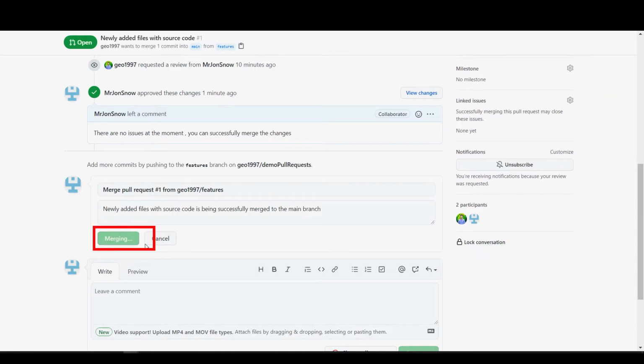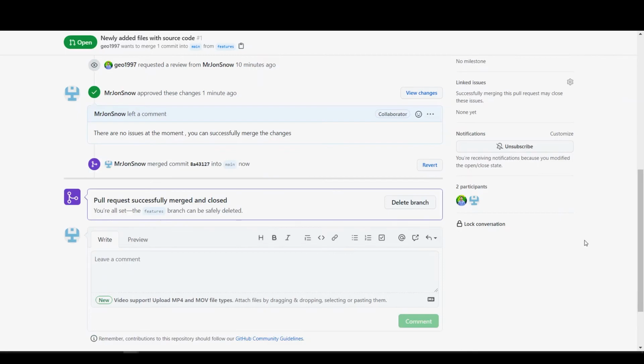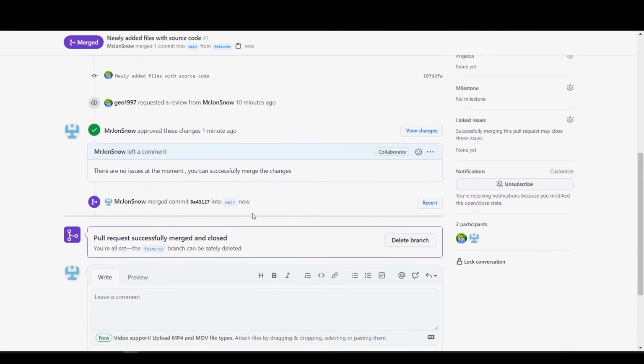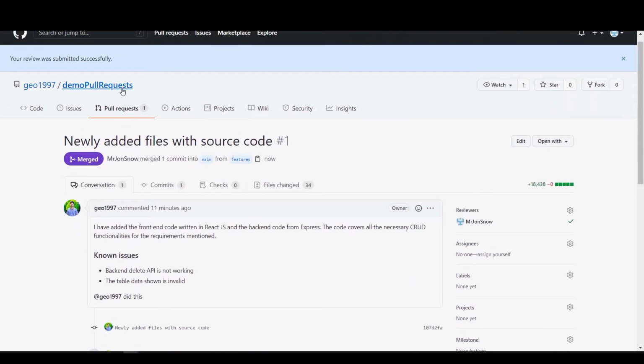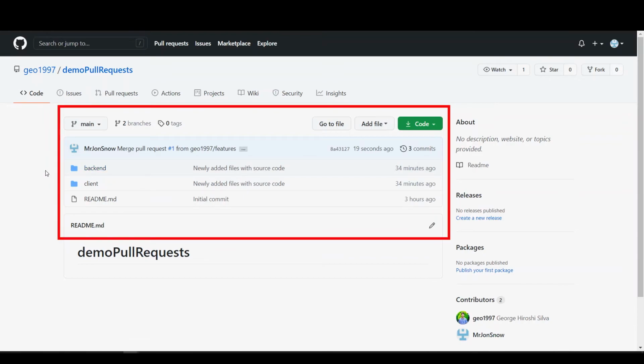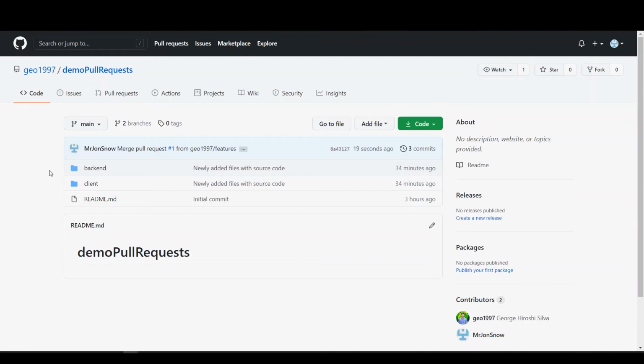Now we can confirm our merge, and we get a successful message saying that the pull request has been successful and the files have been successfully merged to the main branch. Now if you go into the demo repository, in the main branch you can observe that the newly changed files have been merged to the main branch. So that is actually